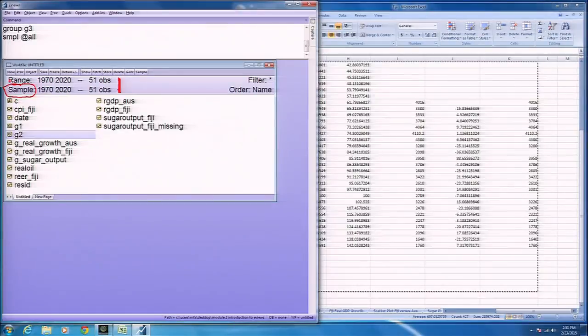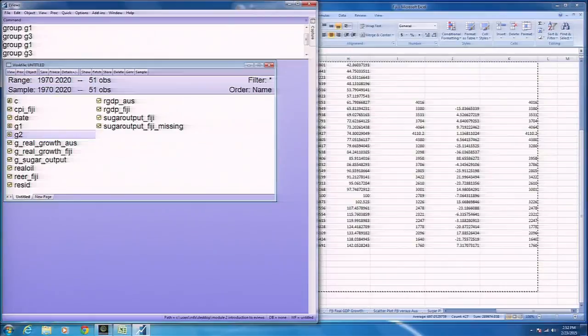Okay, so an important skill in Eviews is being able to manipulate the sample and to use the appropriate commands for doing so. Now, my favorite way of doing the sample statement is simply to type the sample statement in the command line and to set the period over which I'm interested in working. So in this case, let's assume it's just 1990 to